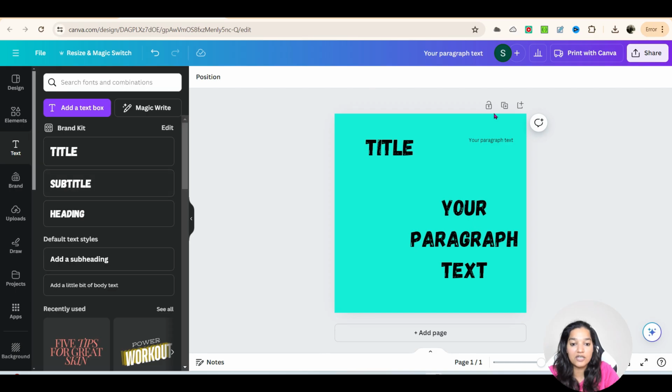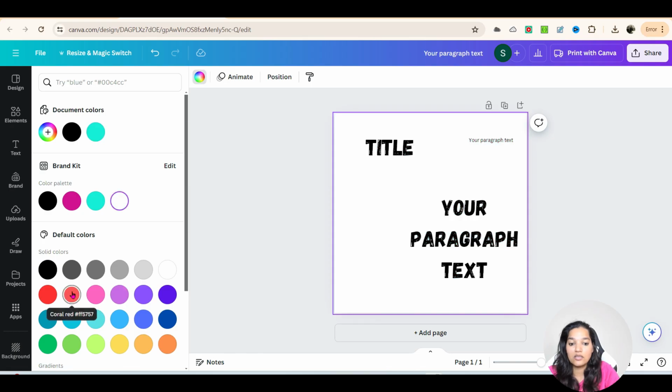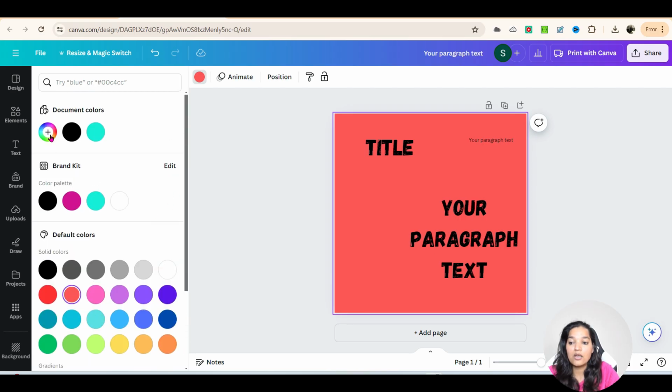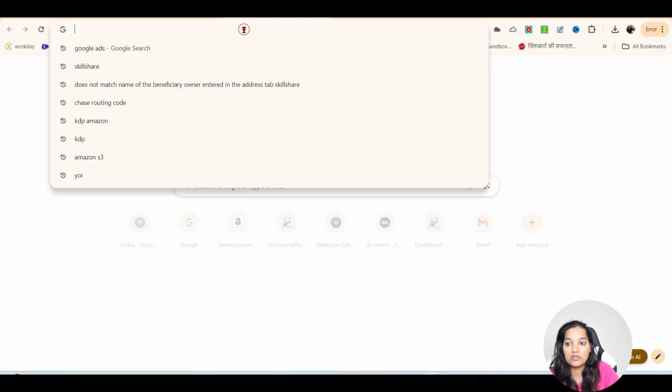So I'm going to get rid of that element, and now you can see here you can change the color to white if you want, orange if you want. So whatever colors you want to change, you can change it. Now let's say you don't have a particular color that you see over here and you want a completely different color. So what you can do is there is a website available called